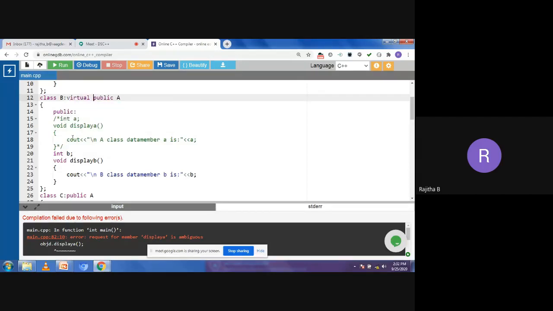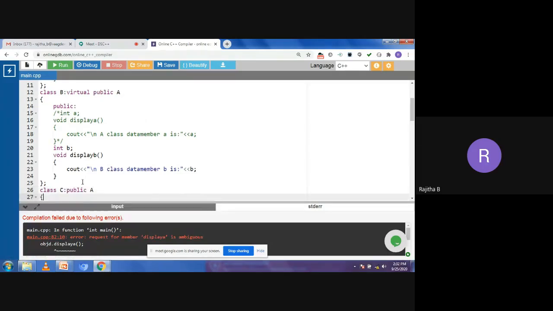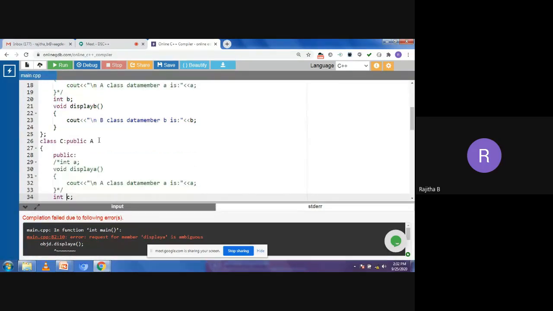Okay, and here also, in C class also. Here, take the virtual. Why? Because we are deriving the number of classes from the A class.